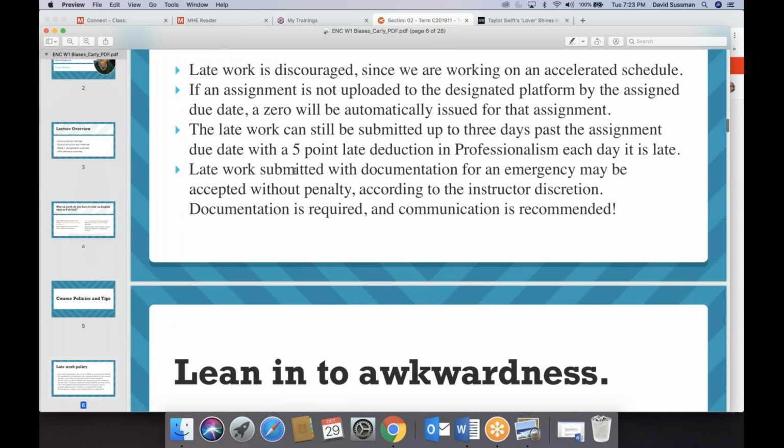This final thing where it says late work submitted with documentation for an emergency, except I don't want to deal with doctor's notes, and I'm pretty easygoing in the sense that as long as you don't ask for an extension at the final moment, it's 11 p.m. before the midnight deadline, and you're sending me an email that I'm not going to see because if work is due on Sunday, those are my off days, so I'm probably not going to see your 11 p.m.